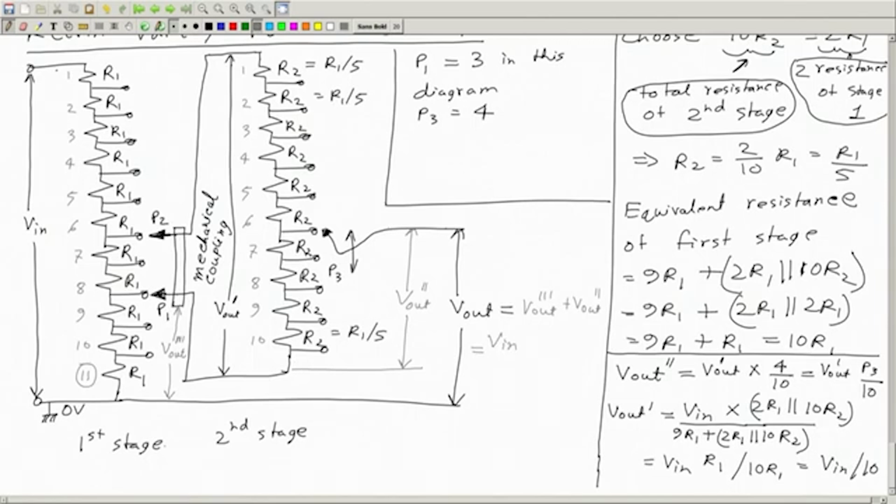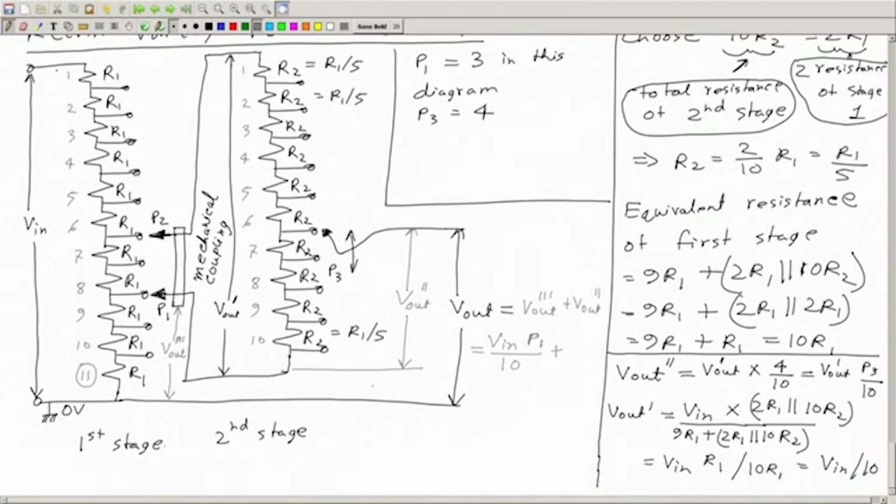multiplied by 1 2 3 R1 by the total equivalent resistance, which is of course 10 R1, because there are 11, but here this is actually equivalent to 1 resistance. There are 2, but there is another 2 here which equivalently is just 1 resistance. So this part I can write as V in multiplied by 3 by 10, or in general P1, this P1, is the position of this point, this lower pointer, divided by 10,